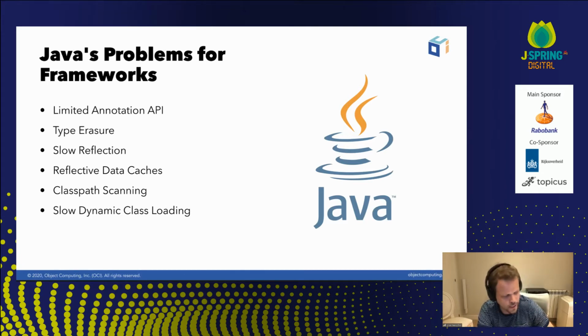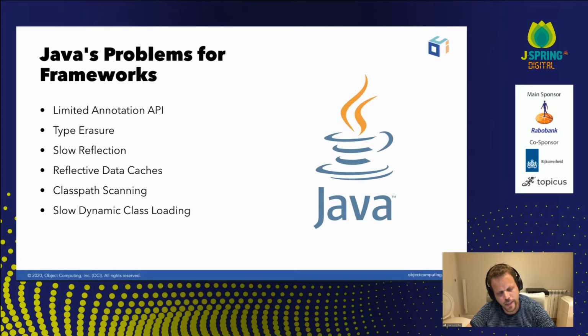And another area that is challenging for framework developers is finding out what something is, what is annotated with what. So imagine, for example, JAX-RS or Hibernate. Hibernate has to find out all of the classes that are annotated with @Entity. So the typical way to do that is to scan the class path, and obviously that's really expensive because you have to do a lot of file I/O and search through the class path and so forth. So again, that's not ideal.